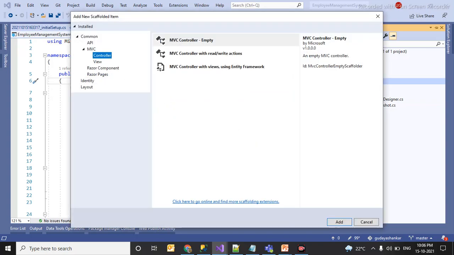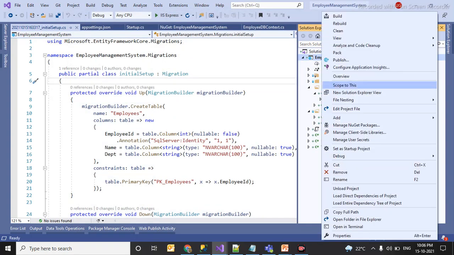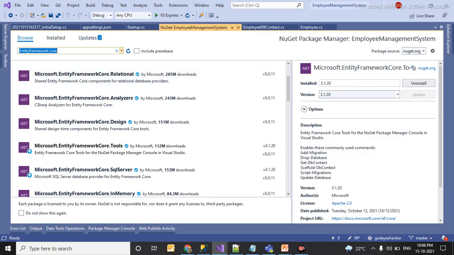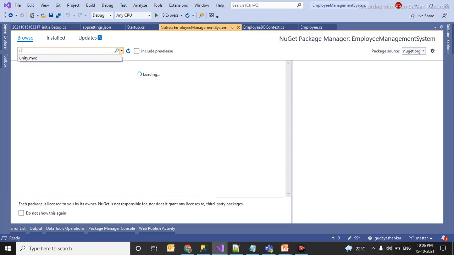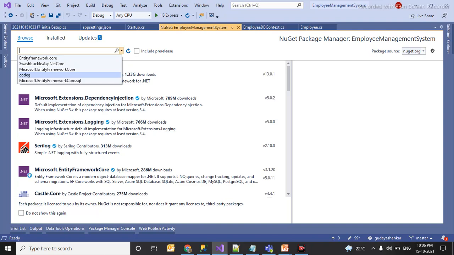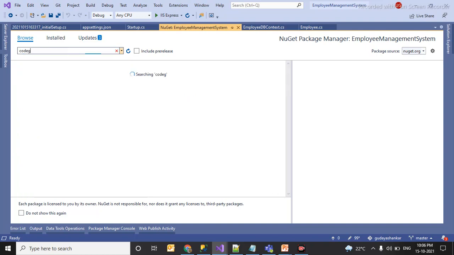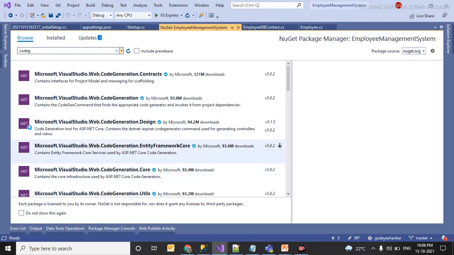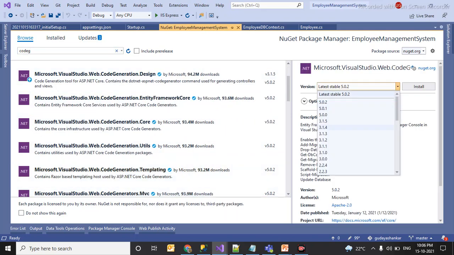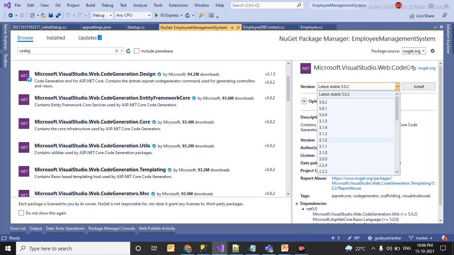Let me go and install that NuGet package, code generation dot utils. This one we have to include here. Let me select 3.1.20.